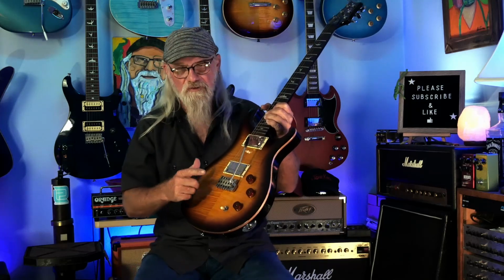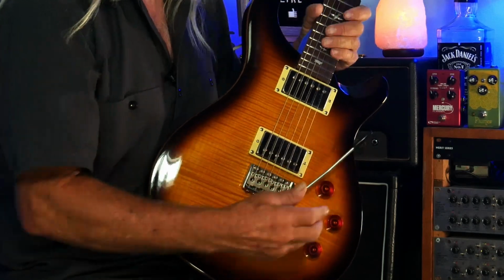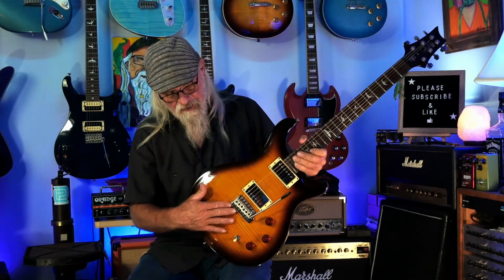With the tuners, let's talk about what is, to me, the most important thing, and that's the trem. That's the T in the DGT. And man, let me tell you, I don't even know how to put into words how much I like the trem system on this guitar. Just buttery smooth, and the guitar stays in tune. You can get fairly aggressive. I mean, you're not dive bombing on this thing, and though it is a floating trem, you're not yanking way back or doing any of the crazy Floyd Rose stuff, but it stays in tune